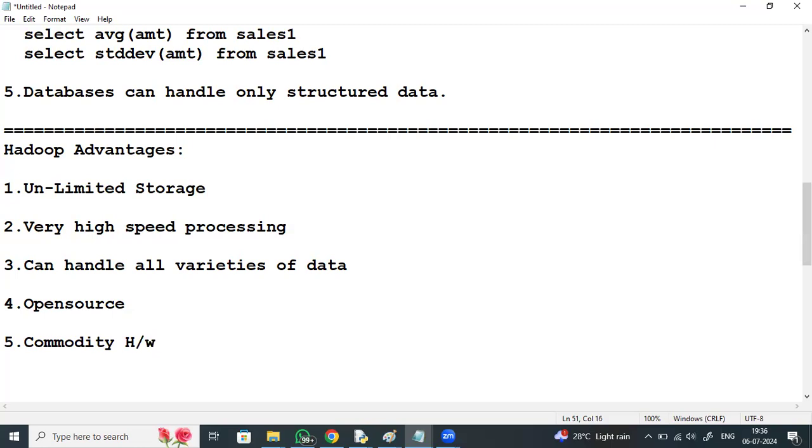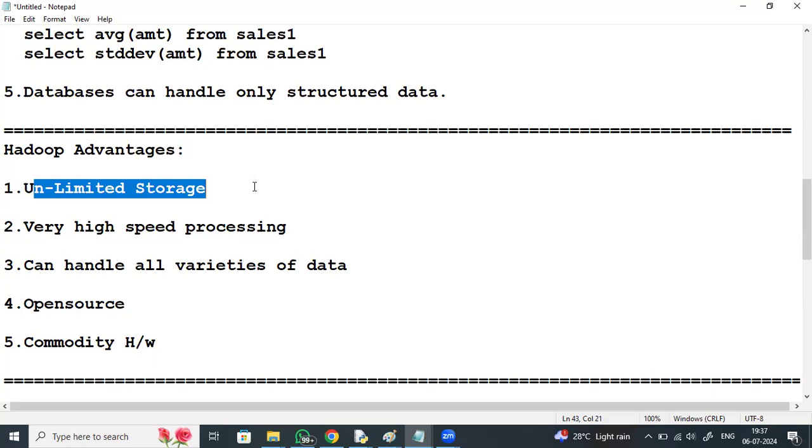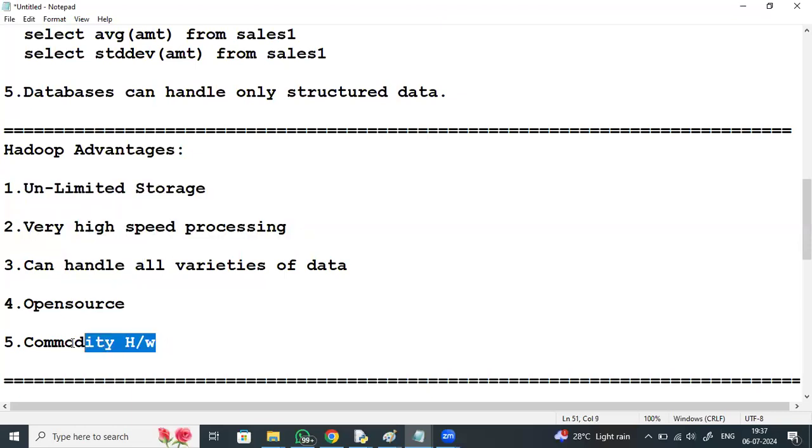Commodity hardware means it can run on any hardware. It doesn't mean that you need to have very highly configured systems.